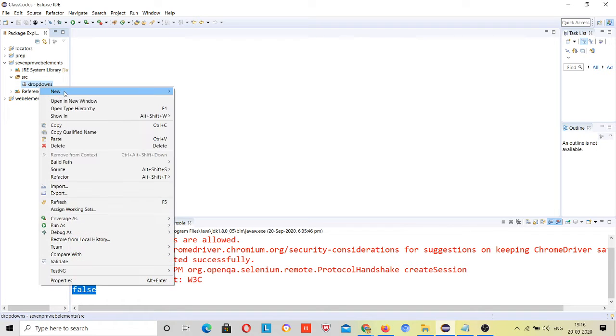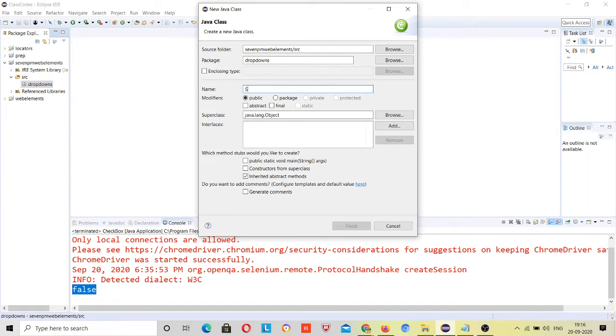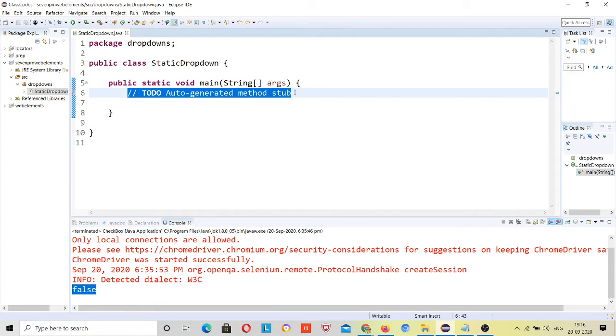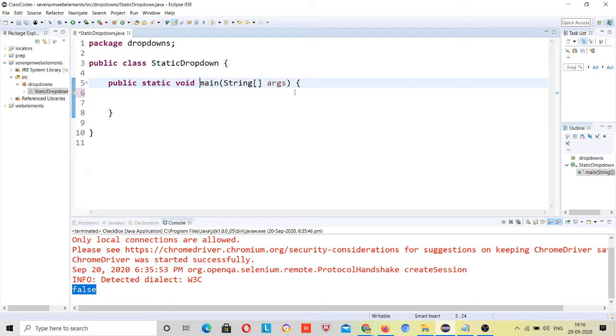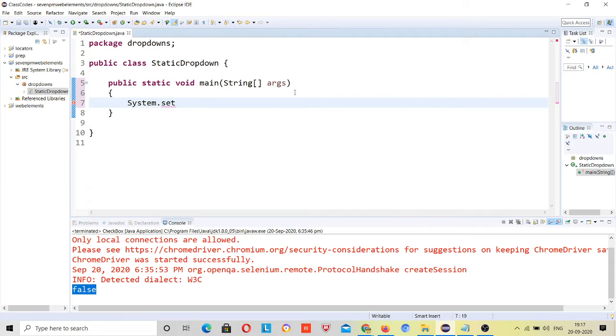And right click and create a class, static dropdown. You need to first give the browser information, which browser you want to launch. So I want to launch the Chrome browser. System.setProperty, right?